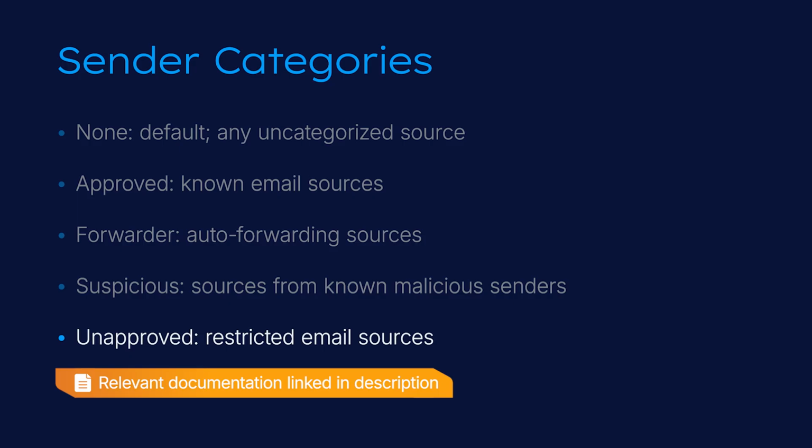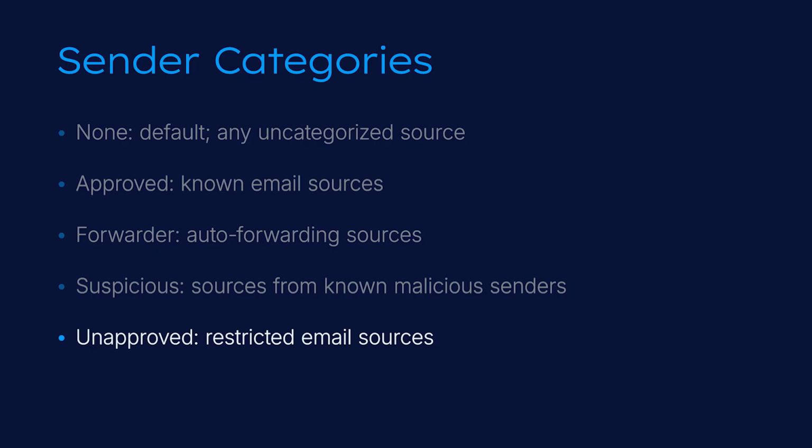For more details on each category type, refer to the links in the description. Note: categorizing the various senders is purely for monitoring and administrative purposes. It doesn't influence the action, but helps you identify suspicious activity. You may select the individual senders in the list to get a breakdown of various results to help you investigate.